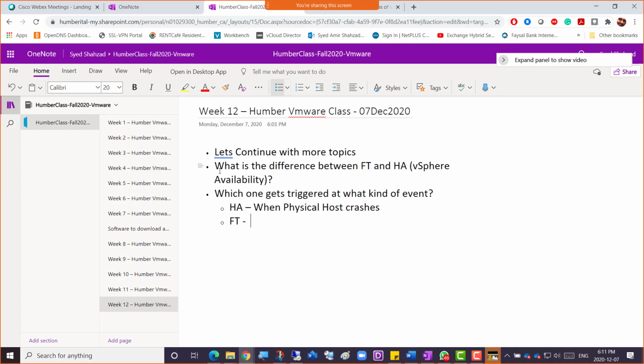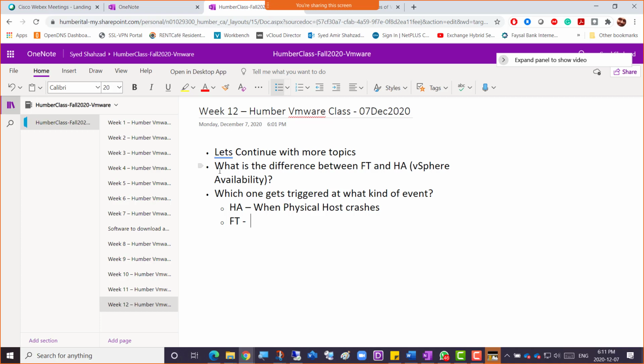Yes, you're right, Nandi. And Chan says FT triggers when the host or VM itself goes down or crashes, yes. Host or VM, yes, exactly. So if either crashes, it just simply fails over to the alternate VM. You're right. Jan says HA VM down, start other VM on the other host. Yes. So restart and vMotion are totally different things, right?